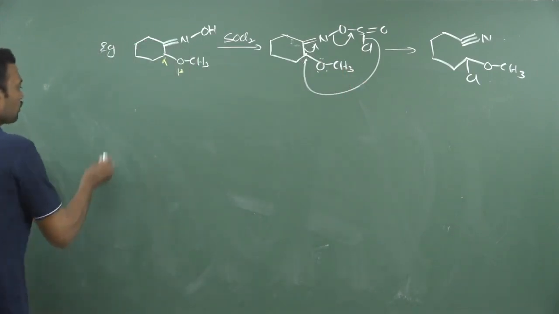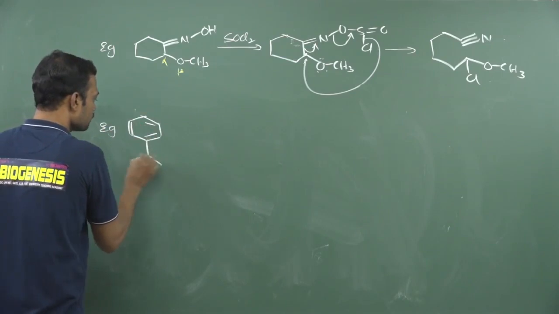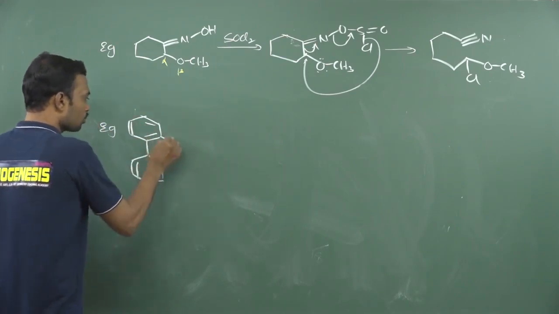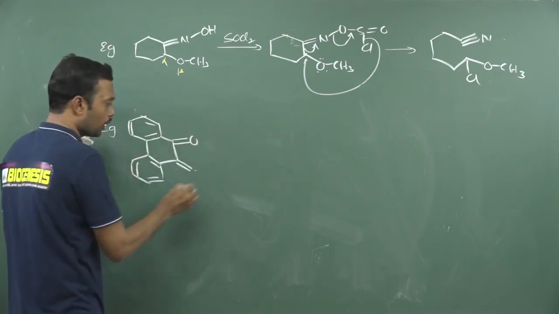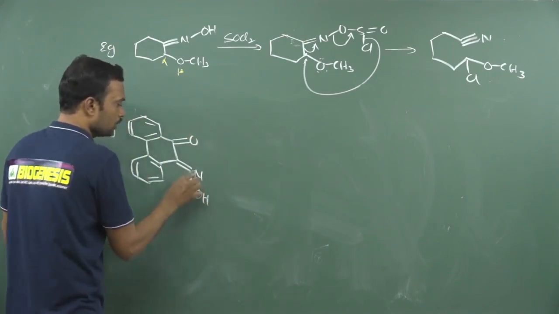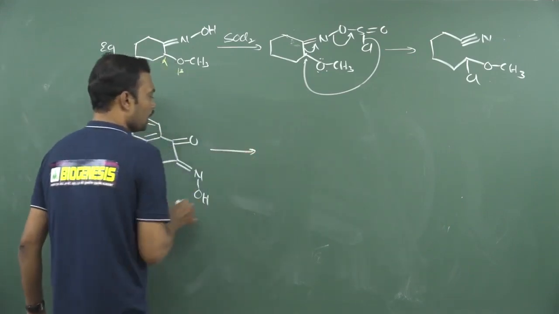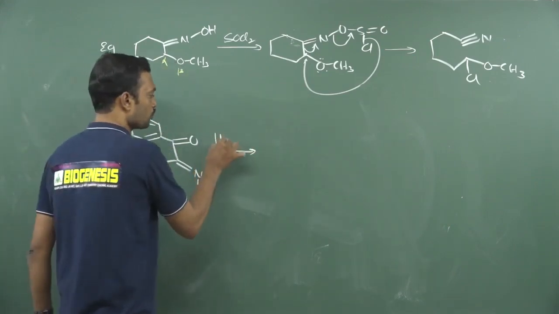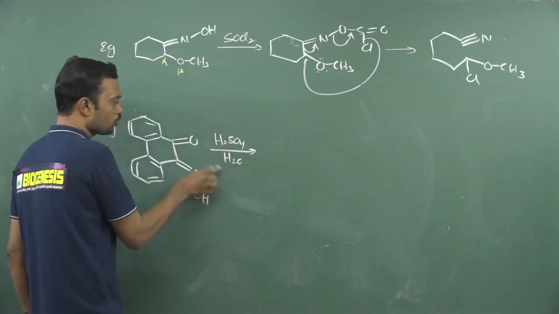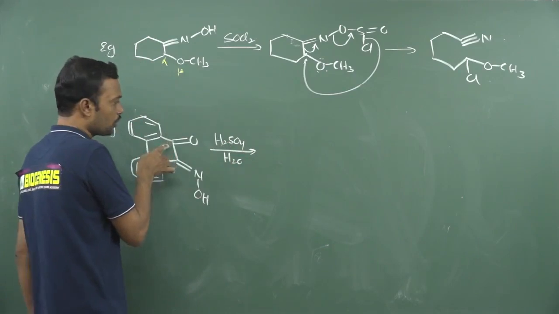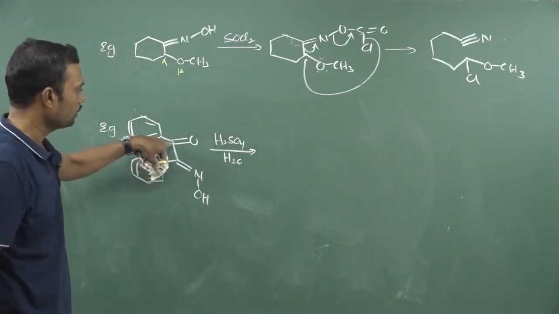Okay, one more I will show, you can understand very easily. See, this is a 1,2 dicarbonyl I have given. Okay, now this is NOH; here I have written C double bond O, which I am converting into an oxime like this. Now if I treat with H2SO4 in presence of water, see, when you use H2SO4, you should convert into acid. If I use thionyl chloride, that carbon gets converted to acid halide. Here we need to add acid chloride.